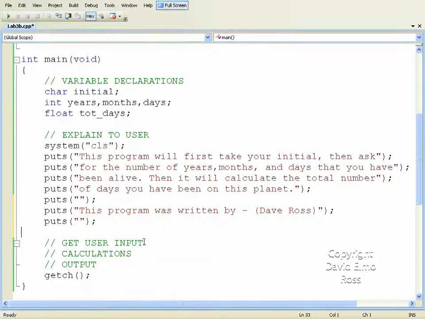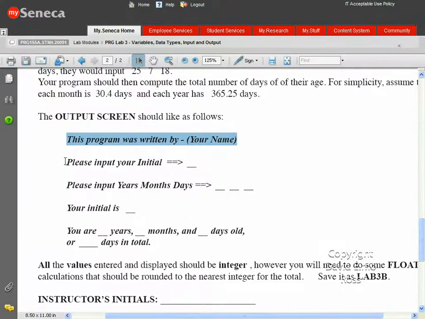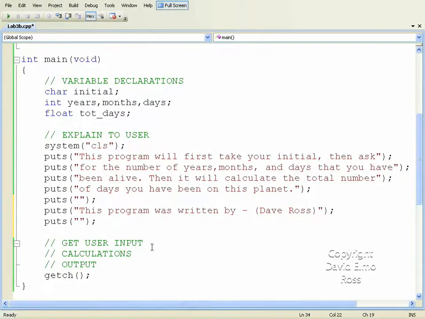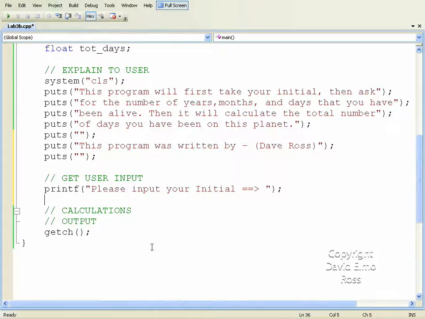Now the next thing is to get user input, and it talks a little bit about that. Let's take a look back and see. It says please input your initial, and being the lazy guy that I am, I'm just going to grab that, and I'm going to Control C, and let's go back. So that's the prompt. So for user input, we're going to have to do a prompt. Now we could possibly use a put string, but put string will put us on the next line. We want to keep the cursor on the same line, so we're going to do a printf. I'm going to do a Control V and a quote bracket semicolon. So that's going to be the stuff that we need before the scan to tell the user what we're scanning. Then we're going to scanf,